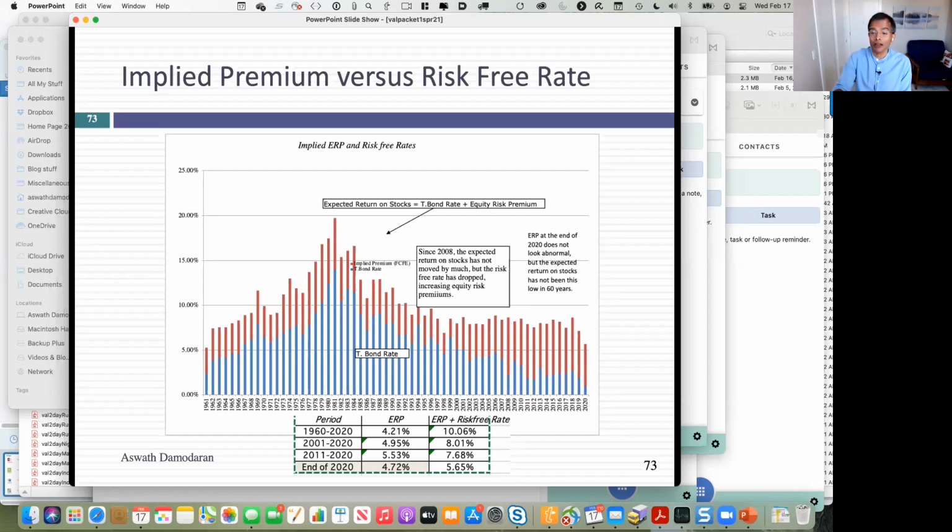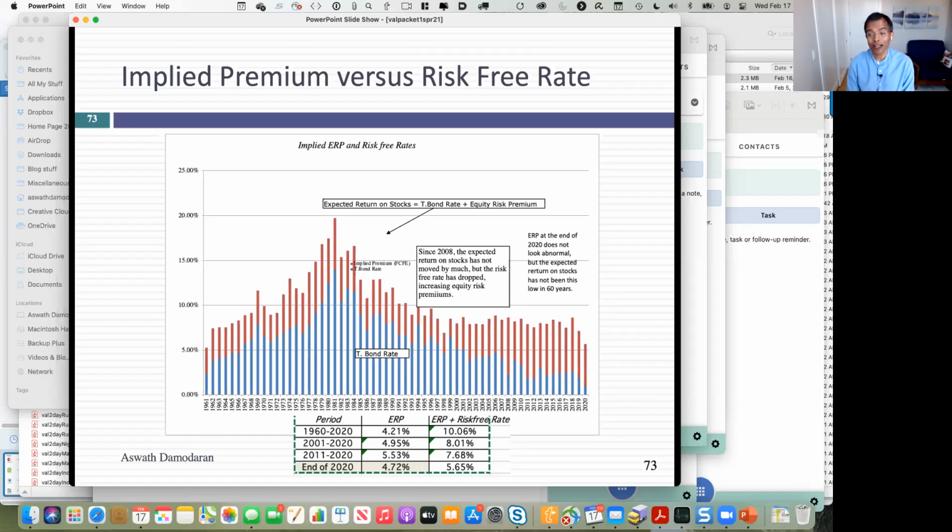And I'm trying to dig a little deeper into why we're seeing much higher multiples. And the answer is not because equity risk premiums are too low. It's because the risk-free rate has imploded. The big question for this year is what will happen to that 10-year T-bond rate. Imagine if that rate goes from 1% to 3%.